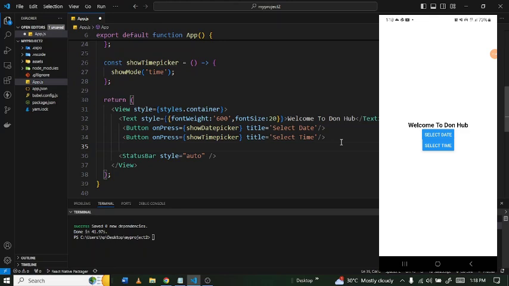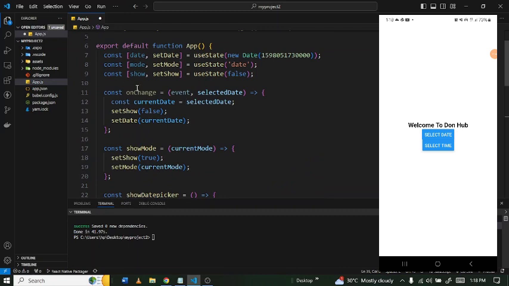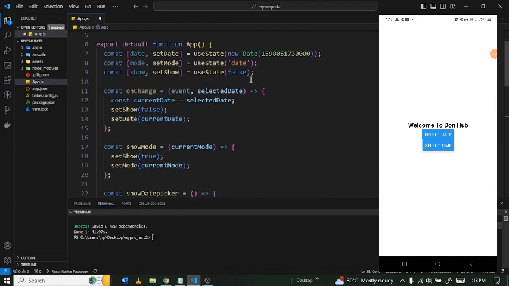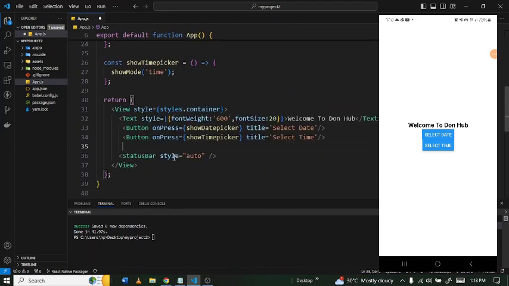We are now going to determine whether we should show it or not based on the current show state. Okay, right, so currently it's false, right? So now when it's true, we would like to show the DateTimePicker, which is the pop-up menu which has the calendar on it. If it's false, we want to hide it. Okay, so we can just do that by calling the show here, and then we pass in the